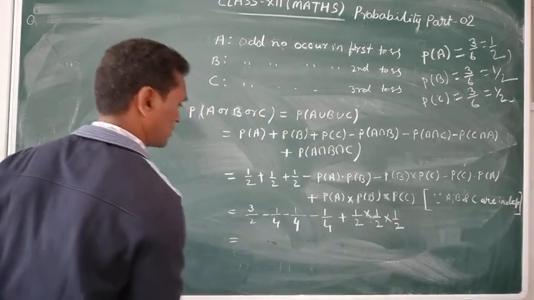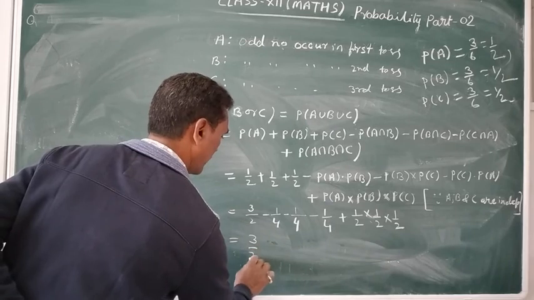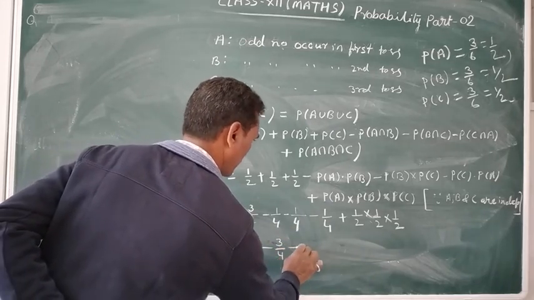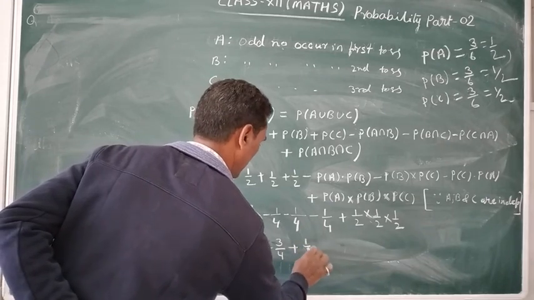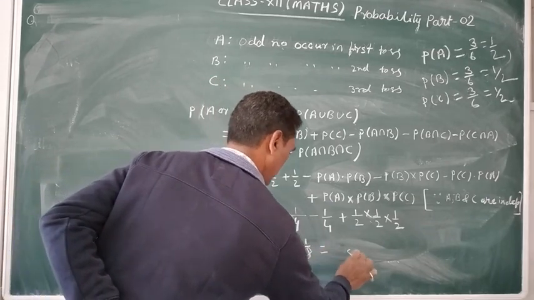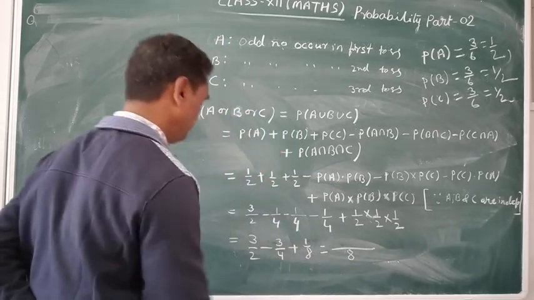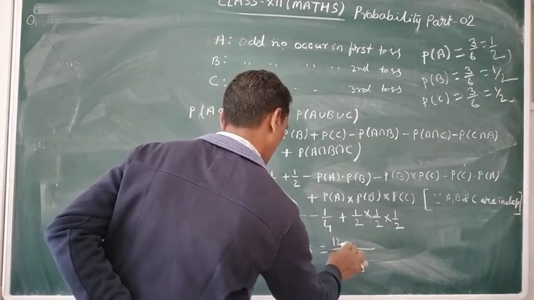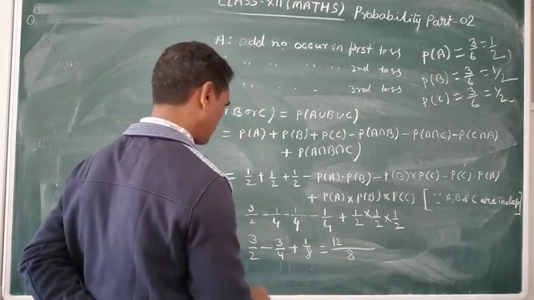So 3 by 2 minus 3 by 4 plus 1 by 8. And so the LCM is 8. 4 threes are 12, and